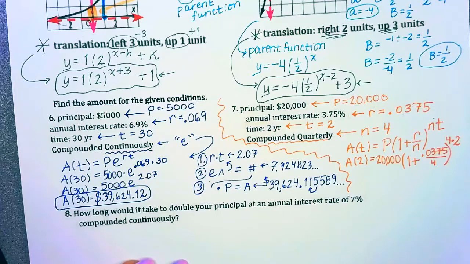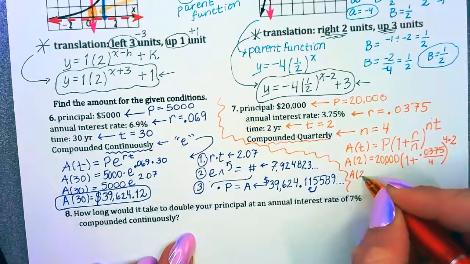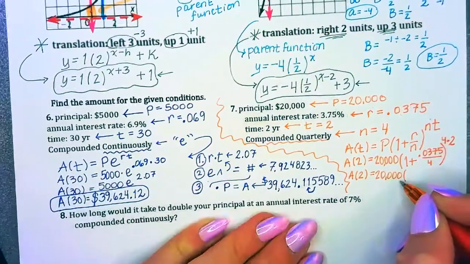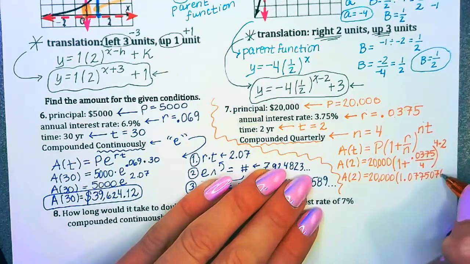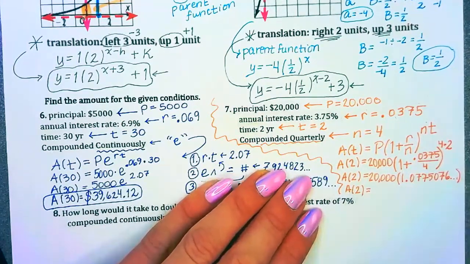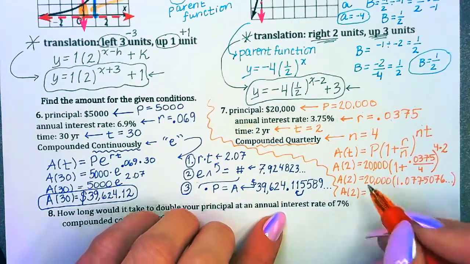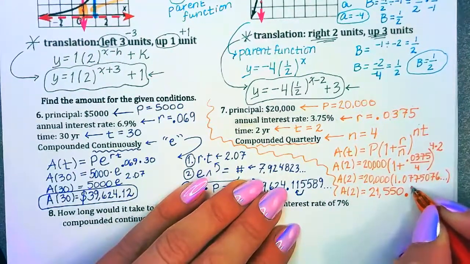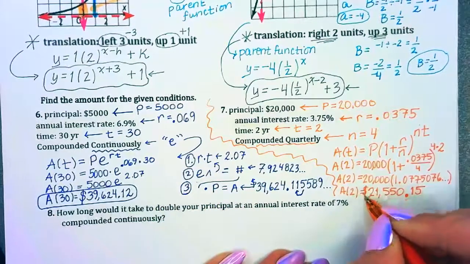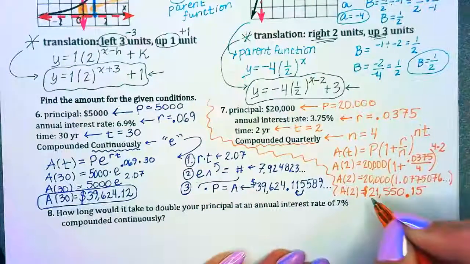The calculator I'm using doesn't have the ability to use exponents. So on the side, I raised that number to the 8th power, and that gave me 1.07750076. When I multiply that amount, which is greater than 1, indicating growth, by 20,000, it gave me $21,550.15 after rounding. The amount after 2 years is $21,550.15. How long would it take to double your principal at an annual interest